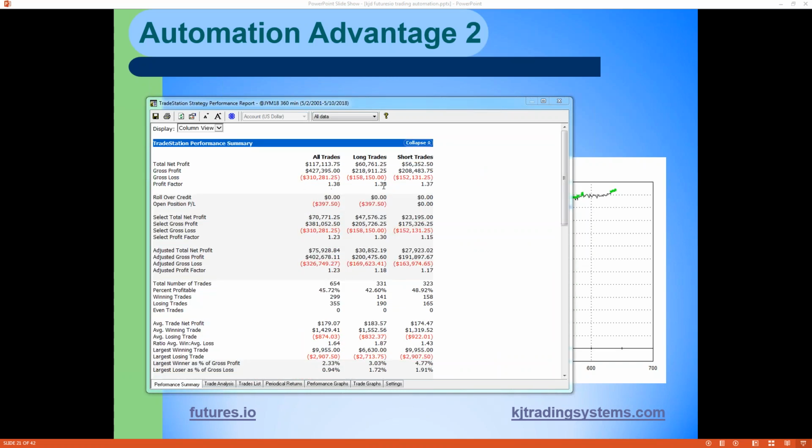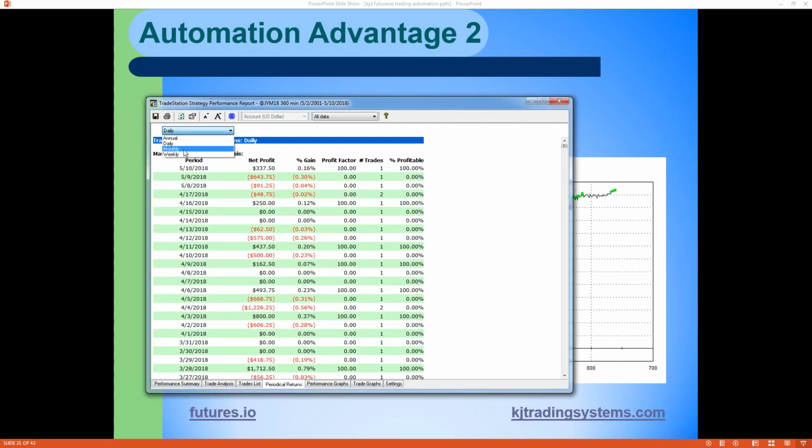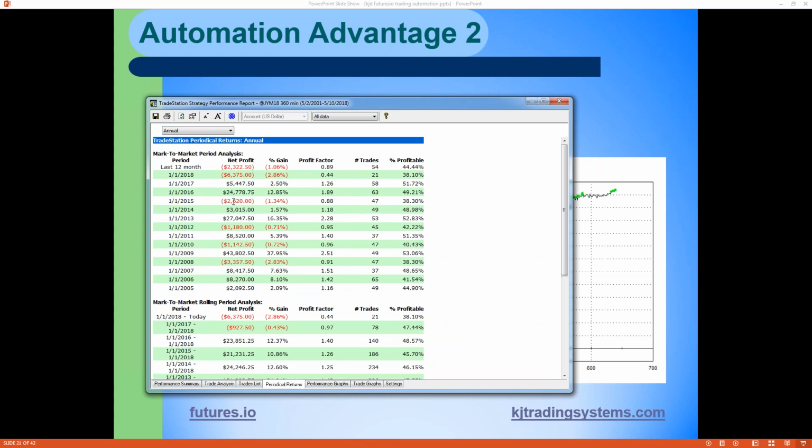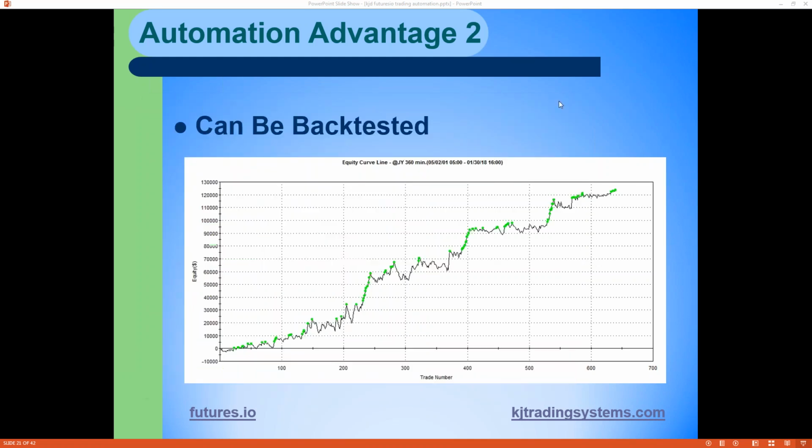Profit factor of this strategy is only 1.38. Not that great compared to Dory's criteria here, but if you look, now this year it's lost money, but most years it's done pretty well. This year is actually the worst year to start out with, but before that, since it went live in 2012, its worst year, it lost $2,000 one year. 2016 had a great year. So take that for what it's worth.